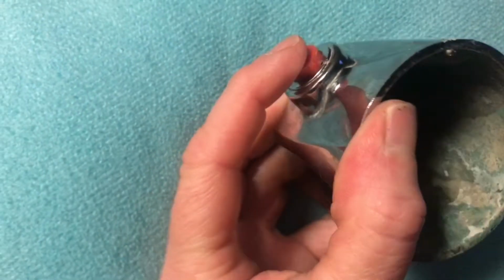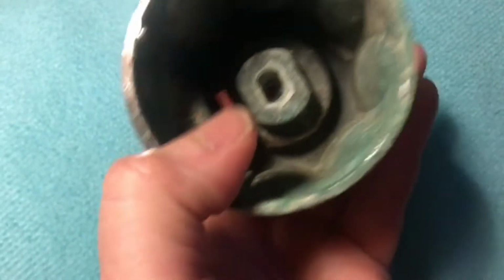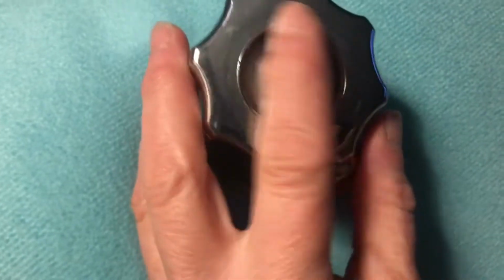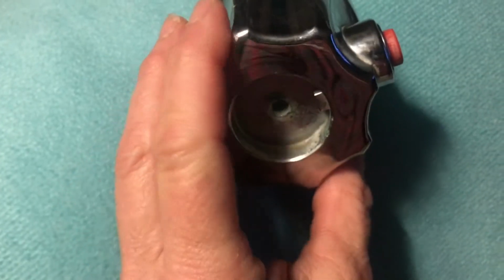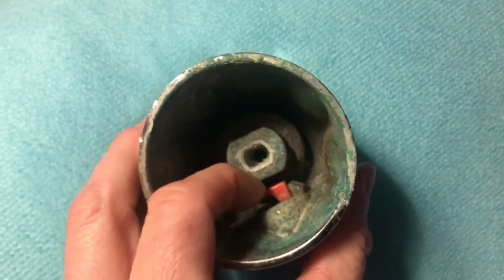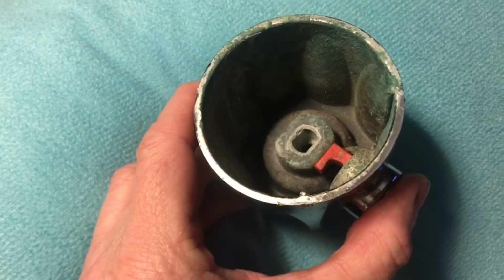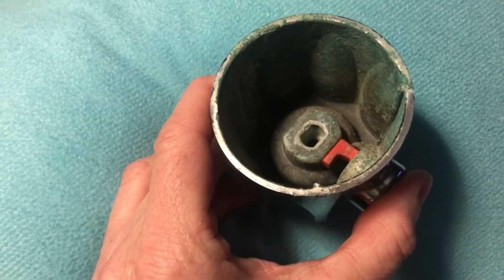This handle with the red button is unique to the Delta 1991 Scout Guard. And this red button actually catches onto a portion of the cartridge that has a little adjuster lever with a screw that's tightened or loosened by an Allen wrench. So the shape of this handle will fit over the shower cartridge stem, and there's also that little lever inside that we're looking at where there's a little red button inside that helps us catch on to the Scout Guard